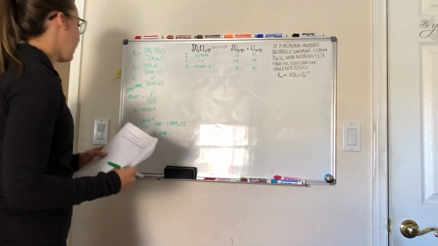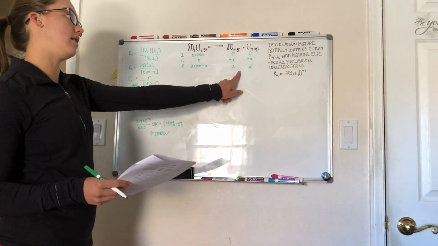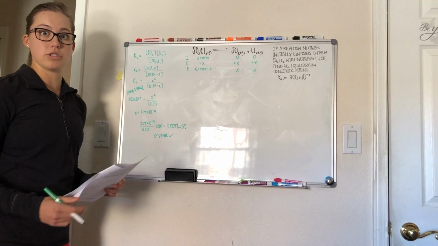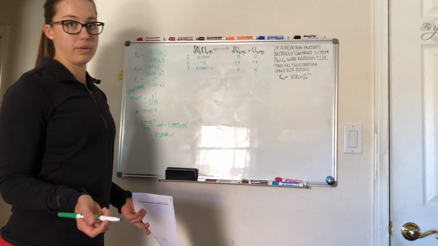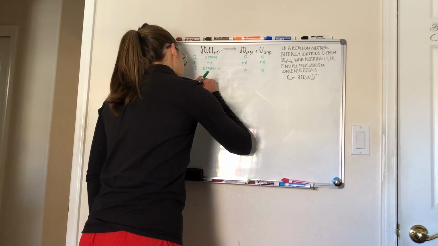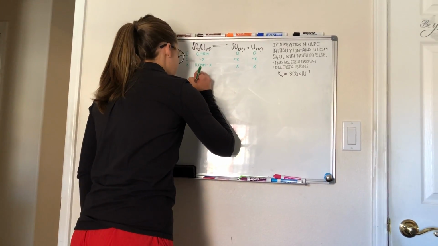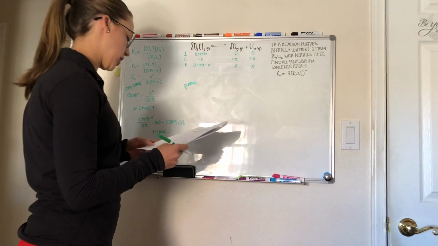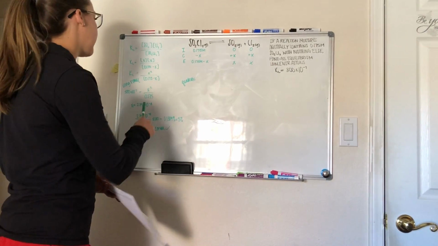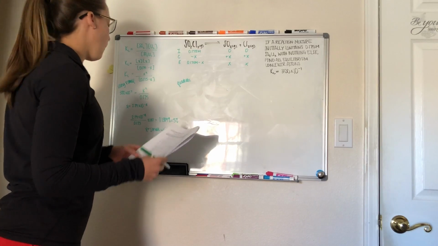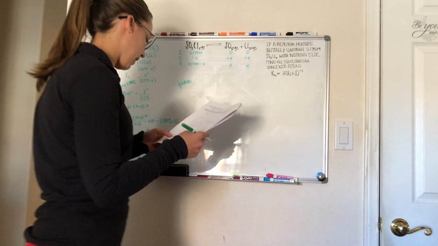Okay, so that gives us a value for x, which makes it pretty easy to determine equilibrium concentrations. But I want to show you how you would do it with the quadratic equation so that you will know that x equals small is actually pretty good. So if we go to quadratic over here, we start essentially with the same expression, but we have to get the x's by themselves. And once you do that, you're going to end up getting